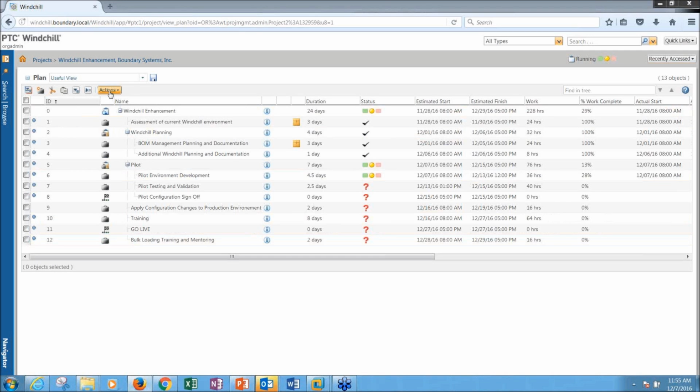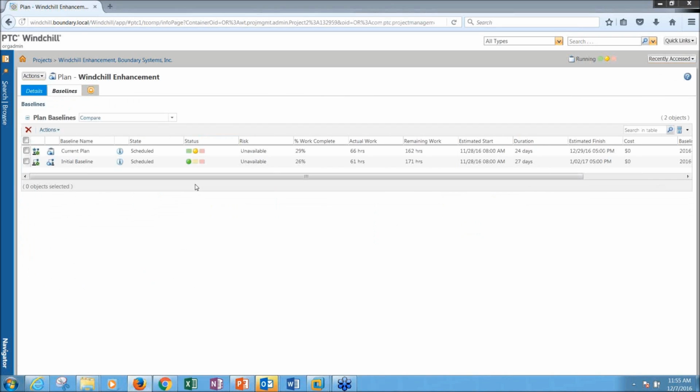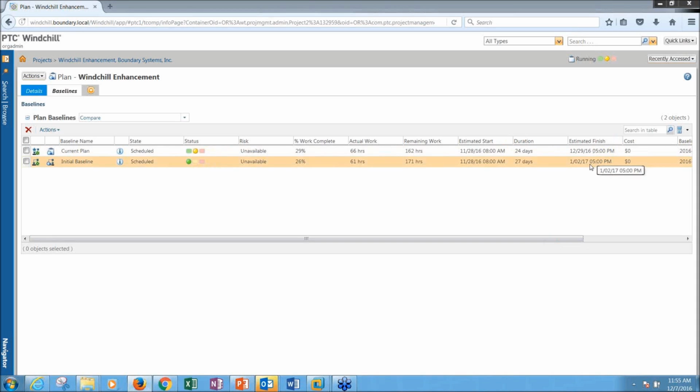And so if I go to my plan here, I have a baselines tab, and I can set up multiple different baselines. You can see our current plan, the status is yellow, the initial baseline was green, we're 29% complete right now, and we were 26% when I took an initial baseline. We have all of our estimates for my estimated finish. I've pulled forward from the beginning of January to the end of December here. And then I can go back to the plan,